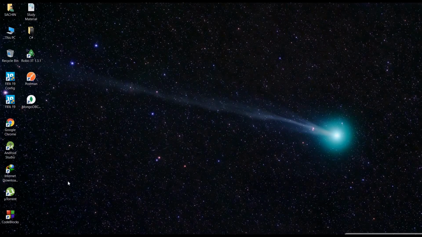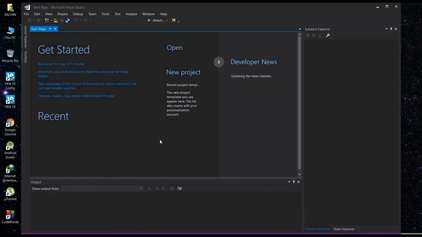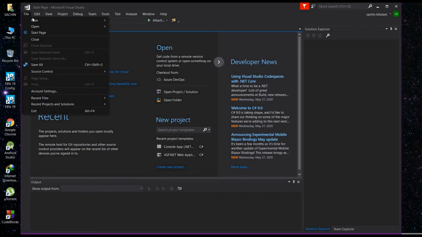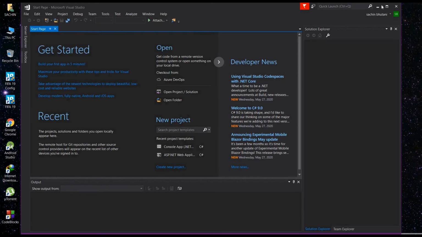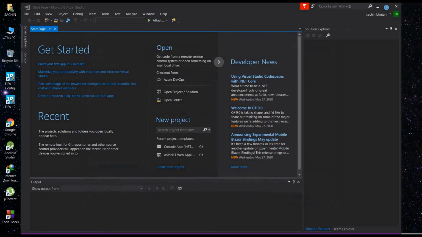Although we can write our code on Notepad and execute it using command prompt, which I will show you how to do in the coming videos. So let's open Visual Studio first. Go to File, New, New Project, and make sure you have selected C# and Console application. You can name it what you want,